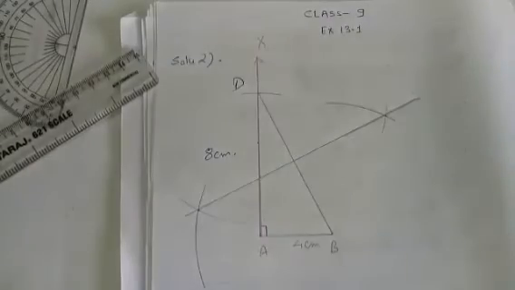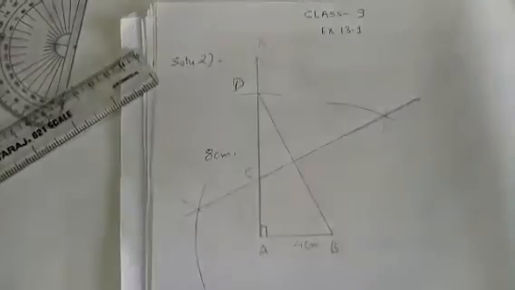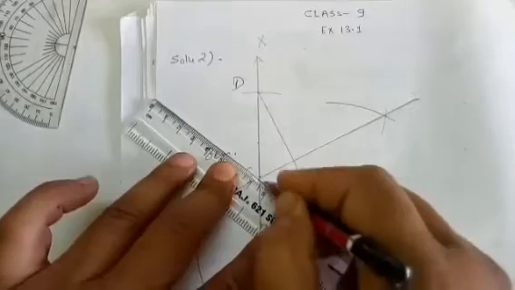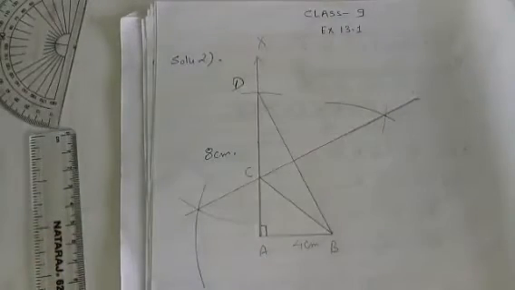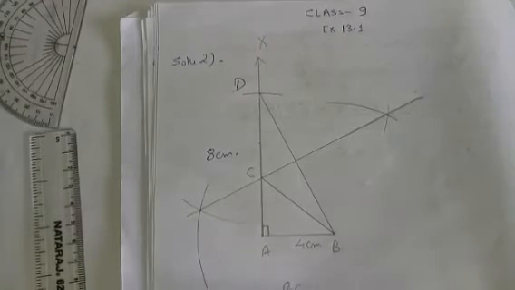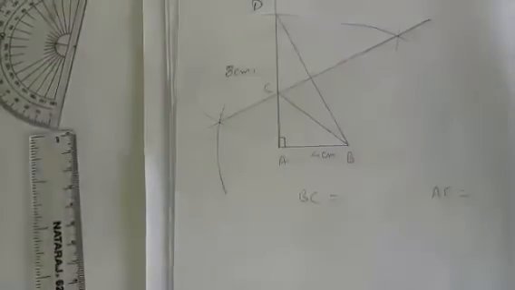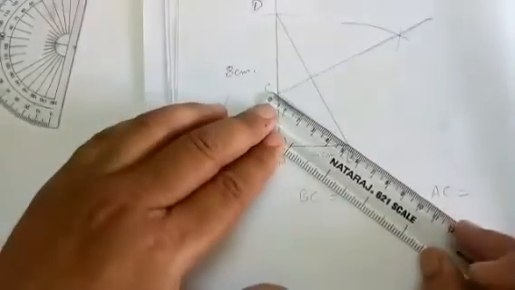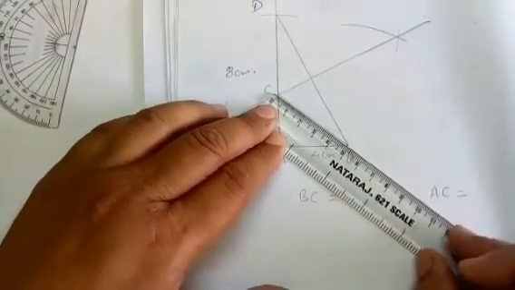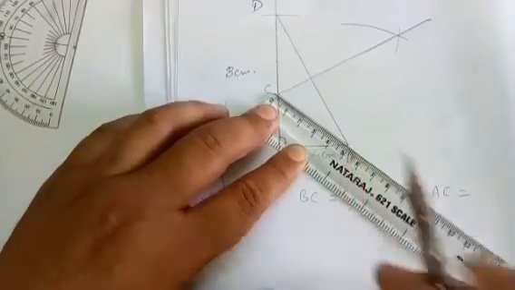Now, where the bisector cuts the line AX, name it point C. Join CB. After that, what was the question? The sum of the other two sides is 8 centimeters. We have to find BC and we have to find AC. You measure BC, how much is it? BC, how much is it coming? 5 centimeters. You write over